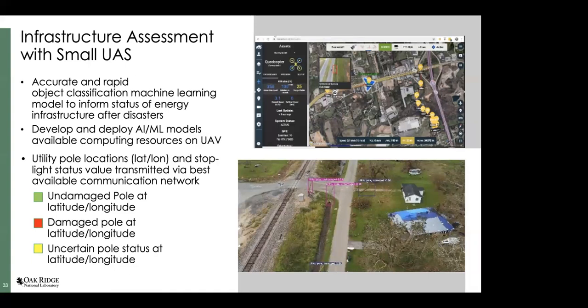So what we did is we essentially took a very elegant AI model that is very efficient in recognizing, identifying a utility pole. So it is embedded on this drone. The drone flies, it's in real time, it identifies which pole it's looking at because it knows the coordinate. And then it does a very traffic light signal, right? Is it still standing? Is it fallen? Or I cannot tell whether it's fallen or not.